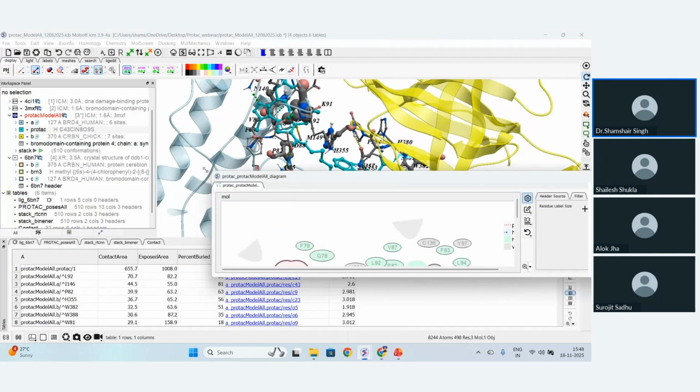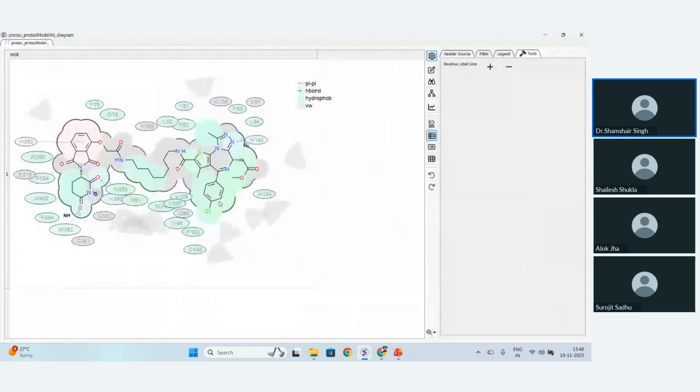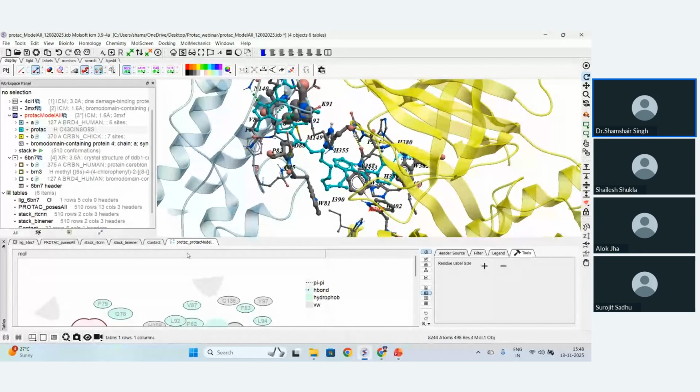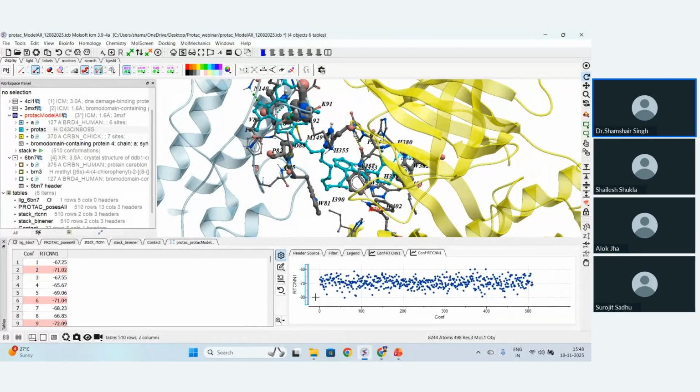Now we can understand there is a pi-cation interaction here, and these are the hydrogen bonds on the E3 ligase side, and on the POI side there is only one hydrogen bond, which this triazole ring is making. So this way we can generate our 2D interaction diagrams as well. And as I said, we can also calculate the RTCNN score, which is the AI-based scoring function available for each and every